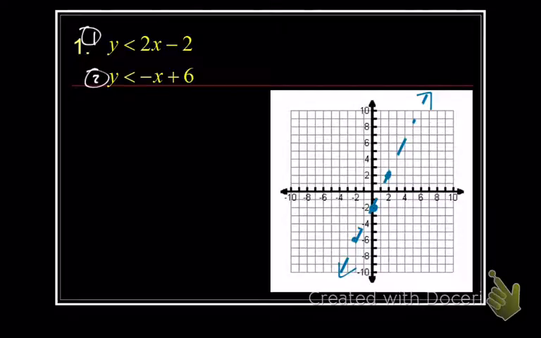Now, where are the solutions for this thing? I'm still going to plug in 0, 0 to find out where the solutions are for this first inequality. So plug in 0 for y. If I plug in 0 for x, 2 times 0 is 0. So we get 0 minus 2. Or 0 is less than -2. Since 0 is not less than -2, I know that I would normally shade all the way over here, but I don't want you to shade. Oh, sorry. Since 0, 0 is not a solution, we'd actually shade this way, but I don't want you to